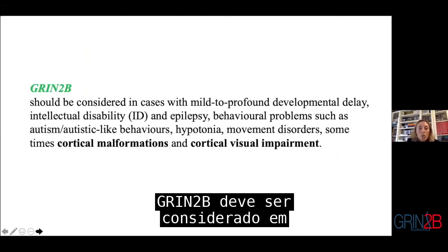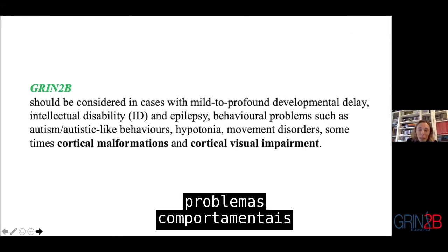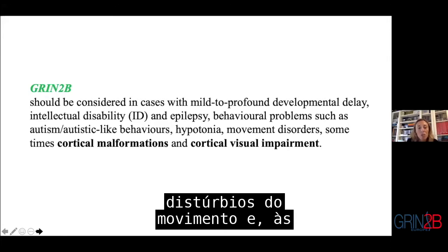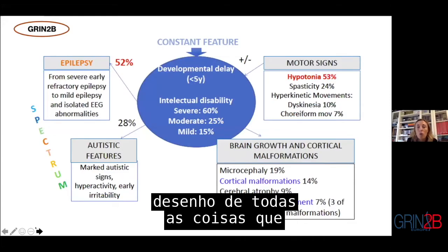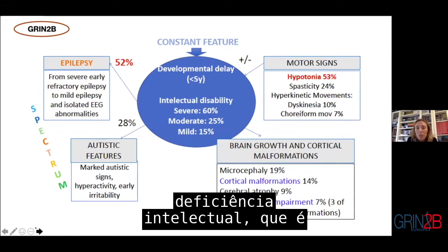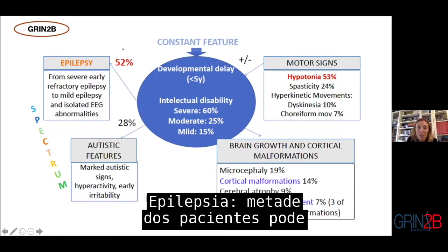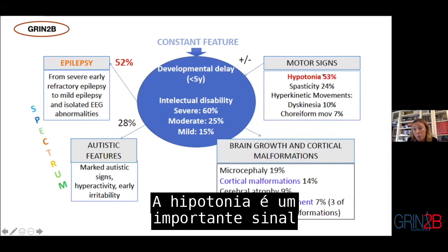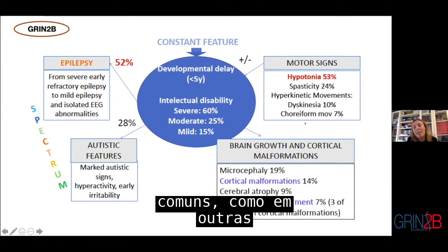GRIN2B should be considered in cases with mild to profound developmental delay, intellectual disability, epilepsy, behavioral problems such as autistic-like behaviors, hypotonia, movement disorders, and sometimes also cortical malformations and cortical visual impairment. And this could be a cartoon of all the things that we can find in GRIN2B. Developmental delay or intellectual disability is almost constant, in different degrees. Epilepsy: half of the patients can have epilepsy. Autistic features, almost 30%. Motor signs are sometimes present. Hypotonia is an important motor sign, but hyperkinetic movements and others are not that common as in other synaptopathies,